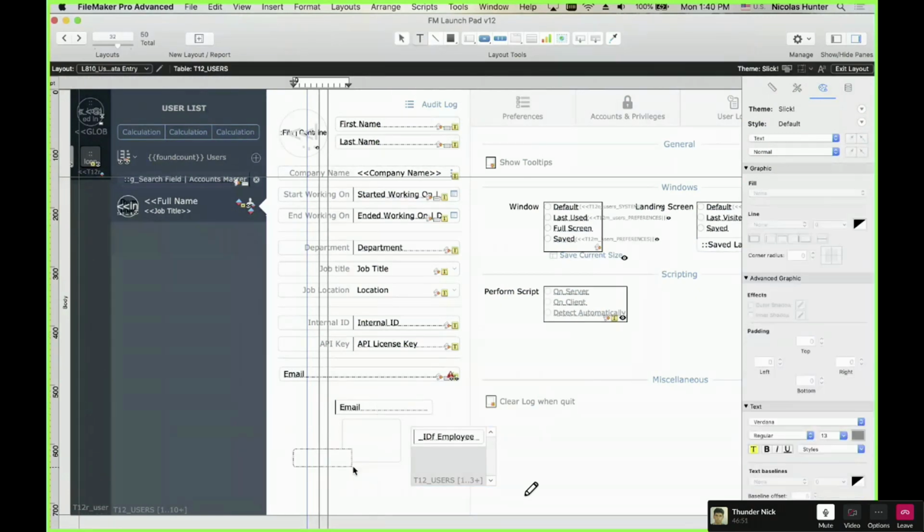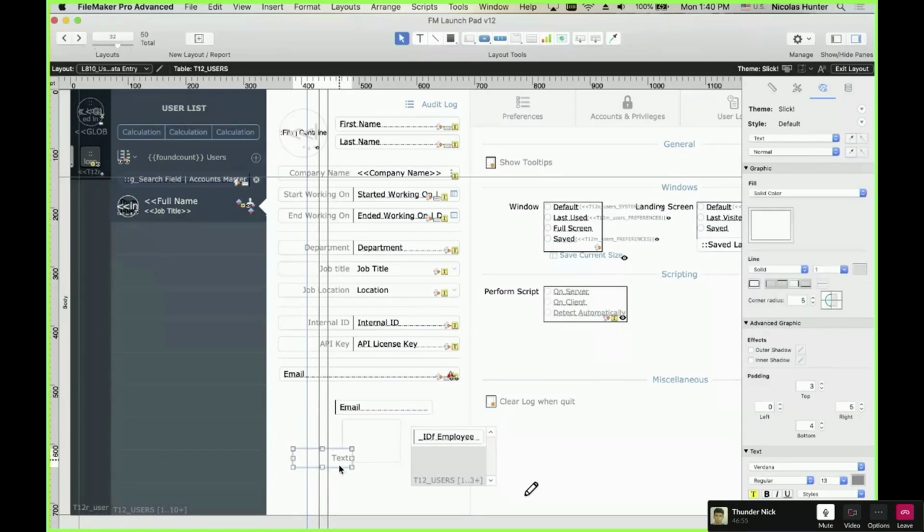You have the text, and they all have specific characteristics. Some share the same, but within one type or category of object, like the field, you have what we call declinations of the same object.